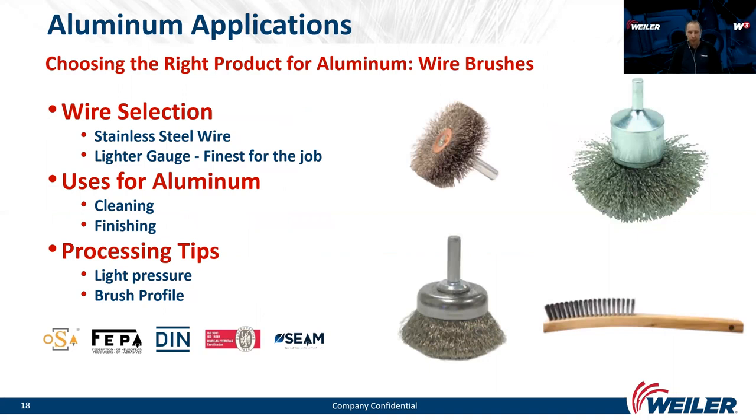Next products from our assortment are wire brushes. As mentioned on previous slides, we use wire brushes mainly to remove the oxide layer. Since wire brushes aren't usually labeled as designed for aluminum, look for a wire brush that is stainless steel. Another tip: when using a wire brush to clean aluminum, do not apply too much pressure, since you may ruin the shape of the workpiece.